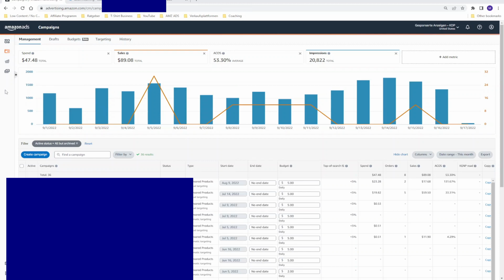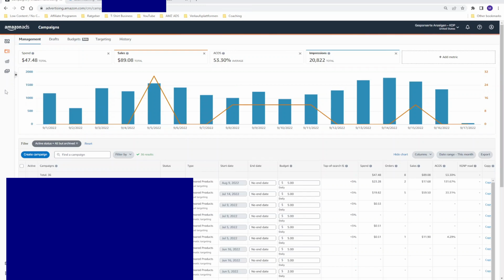After you logged in successfully, I think you have to agree to the terms and conditions. If you accept this, you are in your advertising dashboard. In part 1 of this video, I will explain the overlay of the Amazon advertising dashboard, so that you know all the buttons and all the metrics, what the metrics mean, and so on.